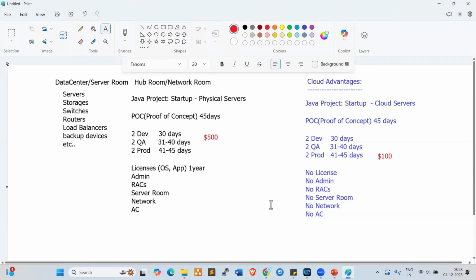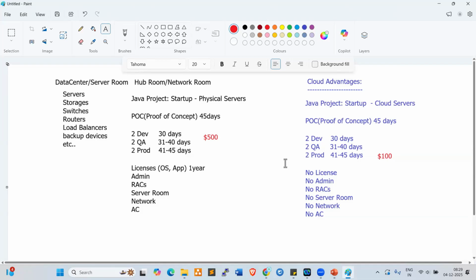The advantage of cloud is cost saving and also time saving. Very quickly, we can create a number of resources, and on cost, one-third of the cost will be saved. Clients always look for cost saving, cost reduction.